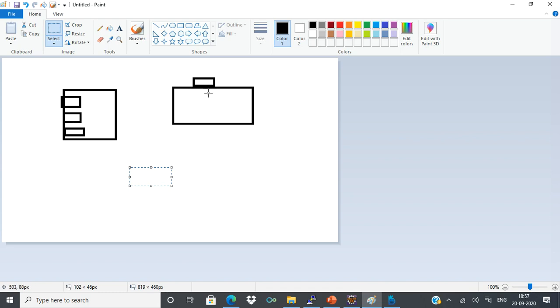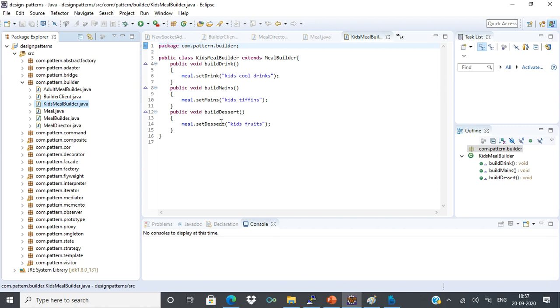It's a quite simple pattern when compared to the singleton pattern. In singleton pattern, we have seen multiple use cases, like in multi-threading how that will behave, and how eager initialization happens, how lazy initialization happens, like that. But builder pattern is straightforward. So I have taken a small example in this so that we'll understand.